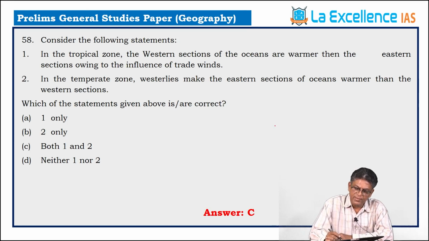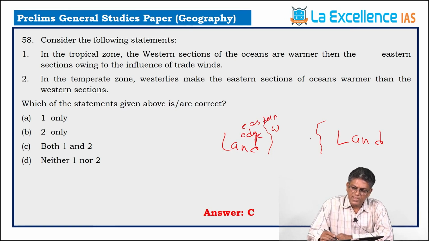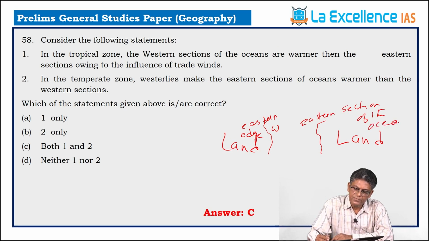The western section, for example, if this is a landmass, if this is another landmass, the western section of the ocean is this, which is along the eastern edge of the landmass. This is the eastern edge of the landmass. Eastern sections of the oceans are along the western edge of the landmass. This is the eastern section of the ocean, which is along the western edge of the landmass. The question never talks about the edge of the landmass, it is talking about sections of the oceans,